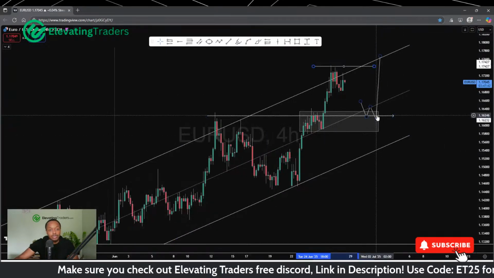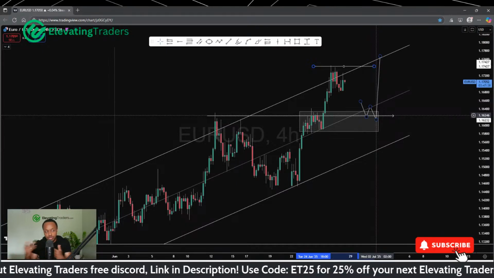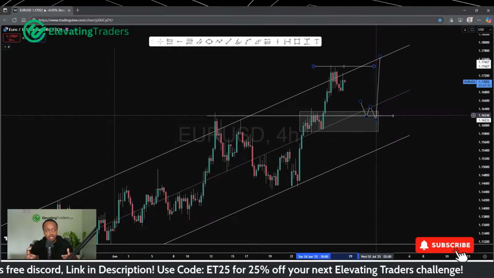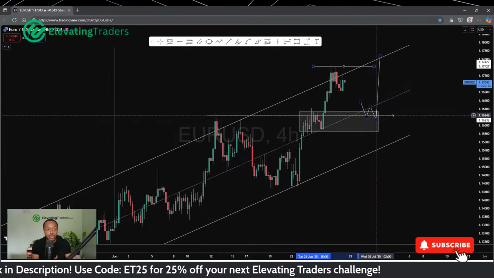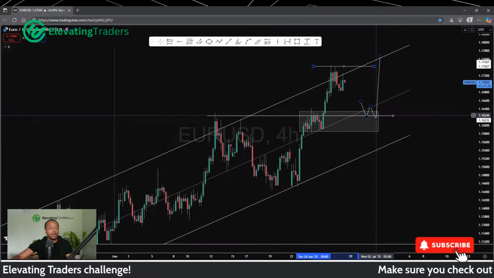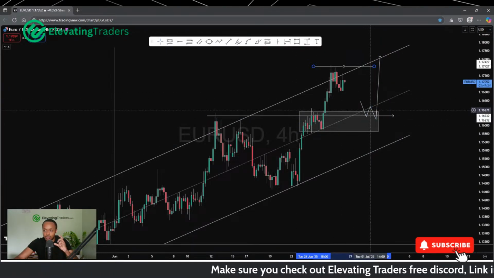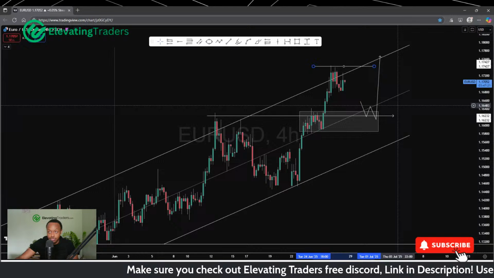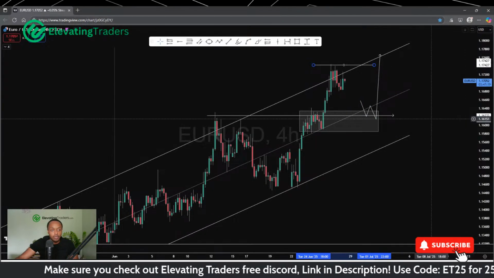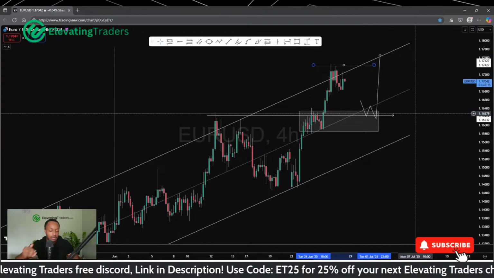So I would keep a close eye on 1.162, lines up very well with the DXY bias. Two very similar levels, just of course inverse of each other. It's always good to see Euro USD and the DXY kind of in sync with their price action. But yeah, it's a bullish market. If we can come lower, I do think there will be some nice buying opportunities. Of course, we want to see some signs of rejection first before jumping in. But if we can see that, I think that is a smart place for some intraday buys.